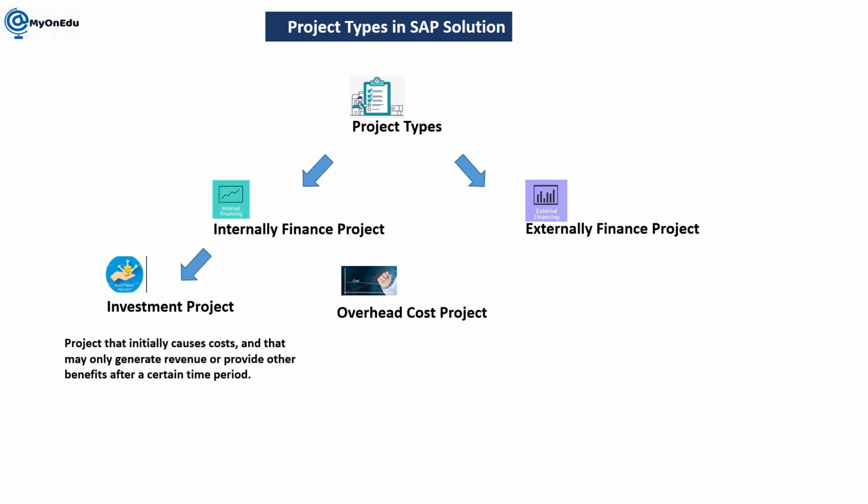Investment project: when you say investment project, it is a project that initially causes cost. Let's say you are the company and you are going to construct your own head office. Initially you need to incur the cost, and it may only generate revenue or provide other benefits after a certain time period. So how will you calculate whether you are getting a benefit by constructing your head office or not? There are different ways to calculate, like NPV and ROI. Based on that, you will decide to proceed with